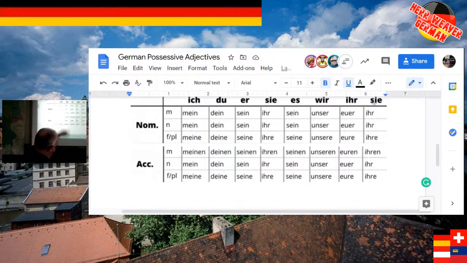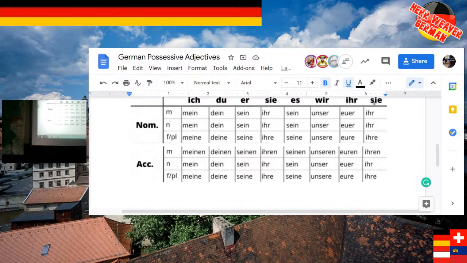And so what they've done, and I like the way this is split up, is they've put the feminine and plural on the same line, because they're the same. At this point, it's the same. So it narrows four sections down to just three: masculine, neuter, and they put feminine and plural. I know it's a little off from how we normally say masculine, feminine, neuter, but they put feminine and plural at the bottom.